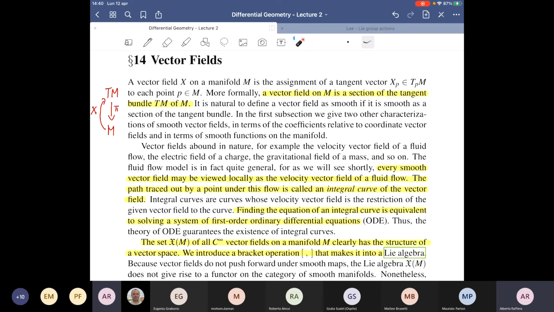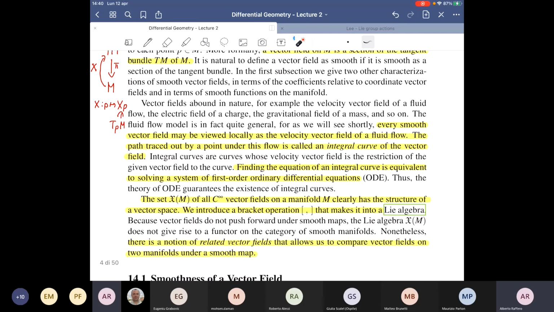This means that you have a map going from the manifold to the tangent bundle of the manifold, such that at each point x associates what you denote by X_p, which is a tangent vector to the manifold at that point. And you require this map between smooth manifolds to be a smooth map. And last time you saw what are some equivalent conditions guaranteeing that a section of such a vector bundle is a smooth section. So today we shall focus on this second part of this chapter.